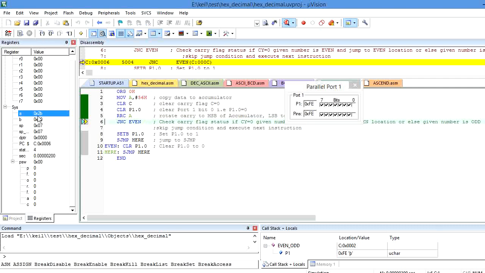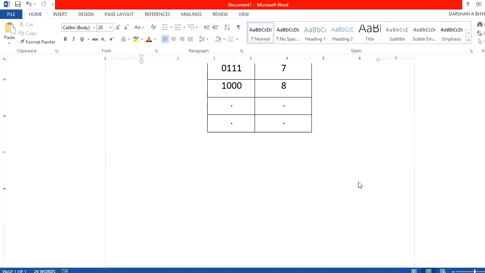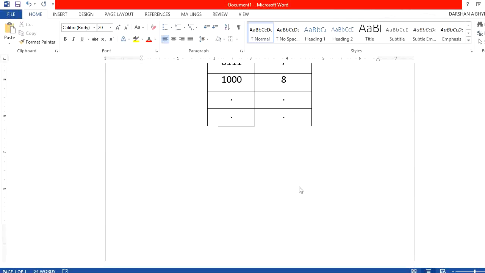See, it becomes 2B. So let me explain this. 56 can be written as 0101 0110, and the carry flag is 0 here.